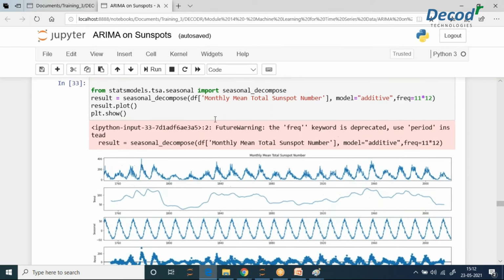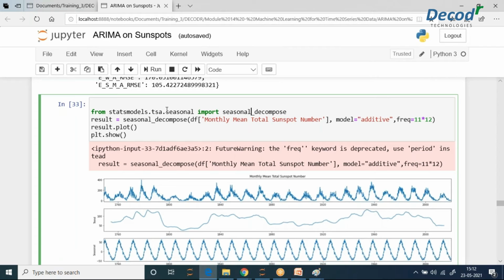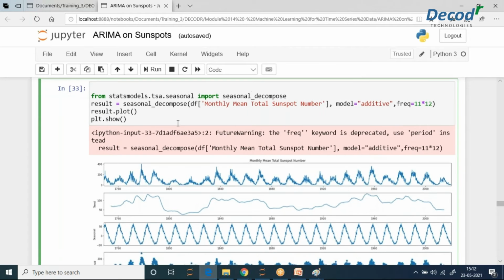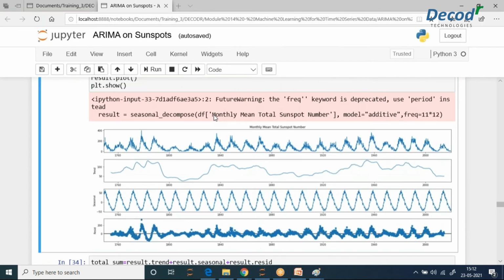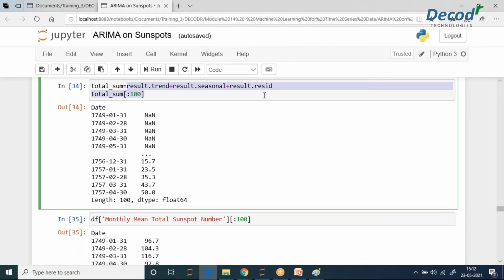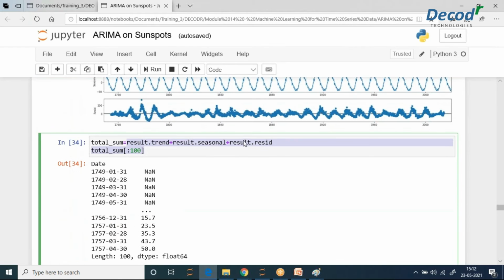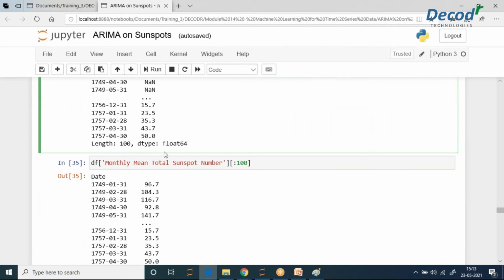We just use seasonal_decompose from statsmodels.tsa.seasonal, with the additive model, and we can do this. Fine, so this is our final result. We are adding the trend, the seasonal, and the resid, which is noise. And then we are finally getting some values in our columns.